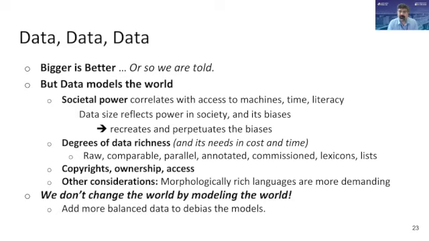But of course, when you have societal power, those who have access to machines, who have access to literacy, who have access to time, right, they basically generate more data. And by the nature of that, decide what the voices of the data will be reflecting. One really interesting thing happened in the Arab world. In the last 10 years or so, there was this incredible explosion in social media.